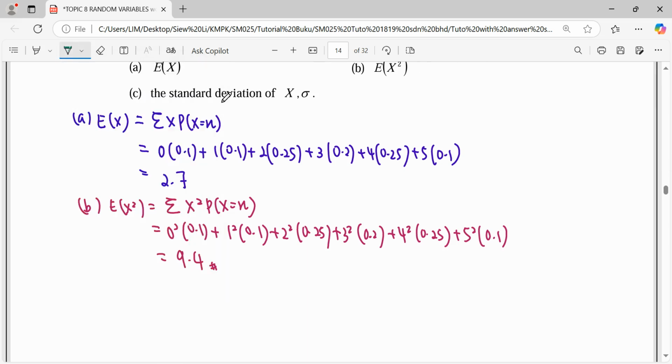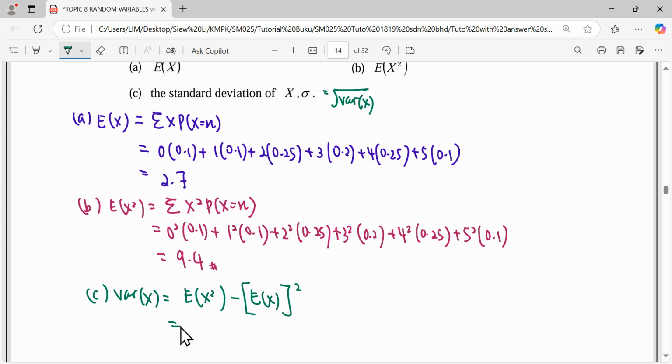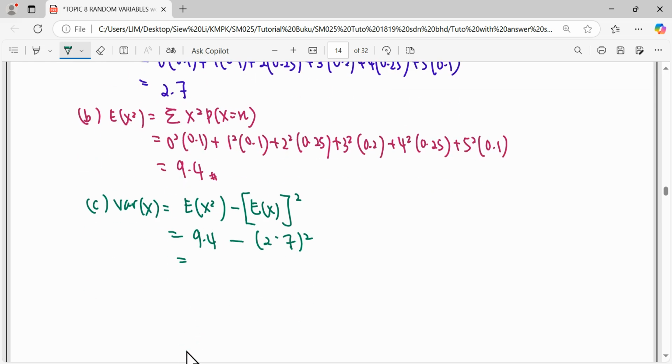The next one is standard deviation. So standard deviation can be found by the square root of variance of x. So we need to find out what our variance of x is here. In discrete variance of x, the formula is E(x squared), the expectation for x squared, minus E(x), which is our mean, then squared. So we can get our E(x squared) from the previous question, 9.4, and the mean from the first question A, which is 2.7 squared. So here is our variance,